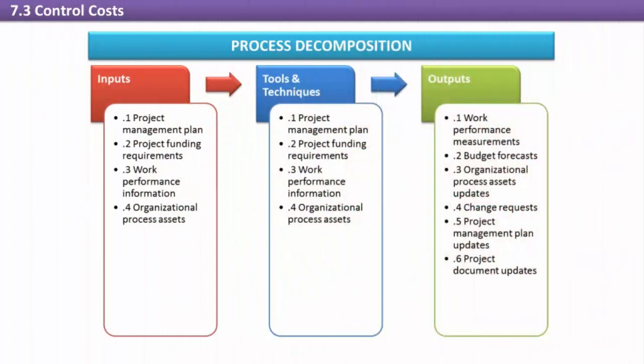The control costs process is concerned with controlling, managing, forecasting, and analyzing project costs. It begins as soon as the project budget is approved, and the major activities are proactively influencing the factors that can lead to cost changes, monitoring and reporting, managing approved change requests and making sure all budget components reflect those